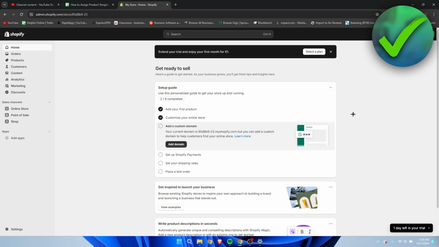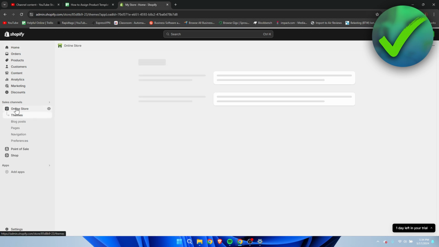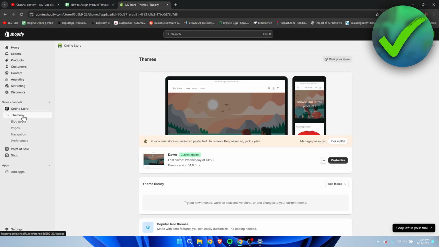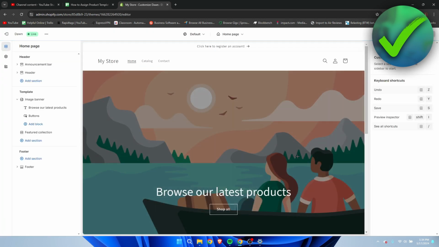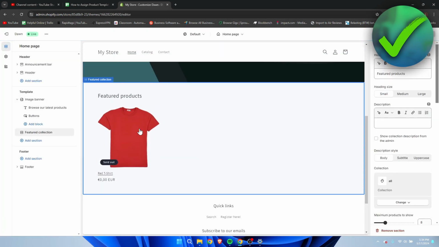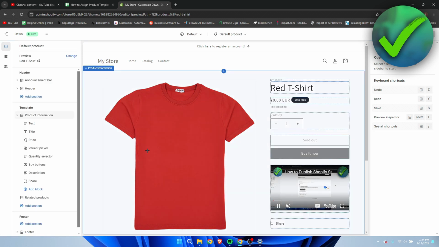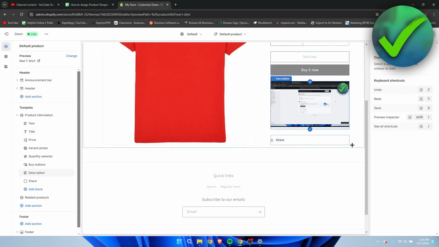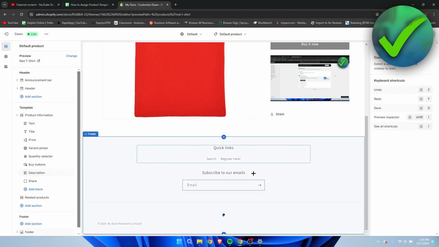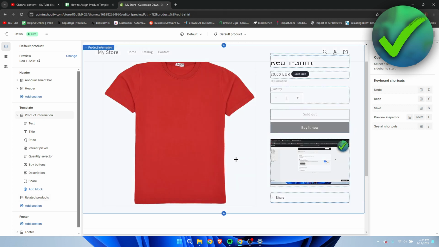So first, we need to actually create a product template. So how do we do that? Well, you simply want to click on your online store, go to themes over here, and we want to customize it over here. Now then I'm just going to go to a product. And what you can do is simply just change this whole page up how you would like